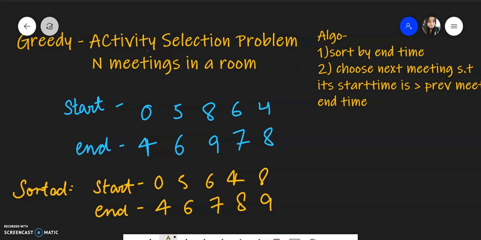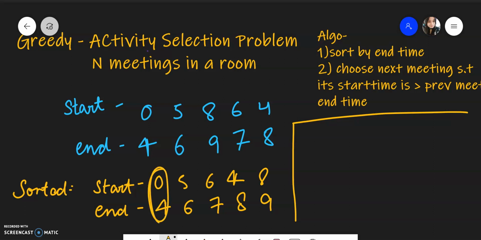Now we'll go to the next step. Before starting the loop, we decide that the first pair will have the meeting. This is the first meeting that we are going to have. Let's store the previous end time here because we need to compare against it. The last meeting that was happening has the end time of 4. Now let's traverse and find the next meeting such that its start time is greater than the end time. Now we come here and we see that the start time is greater than the end time, that is 5 is greater than 4. So this meeting will also come into the picture, and our previous end now becomes 6, because the last meeting is 5 to 6.